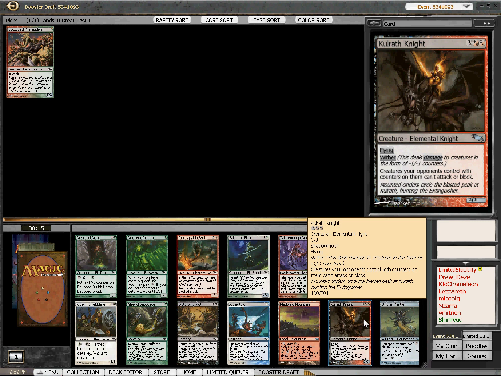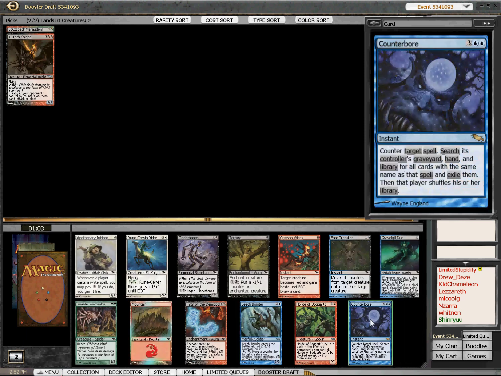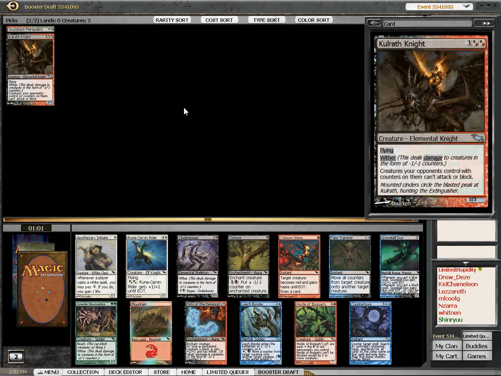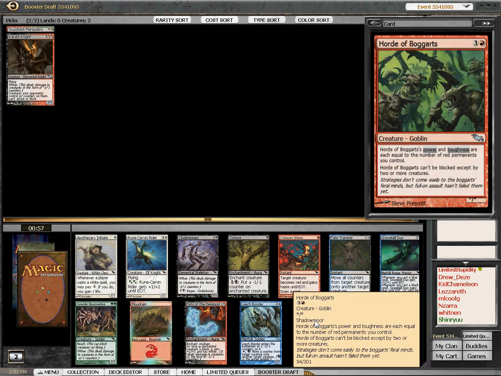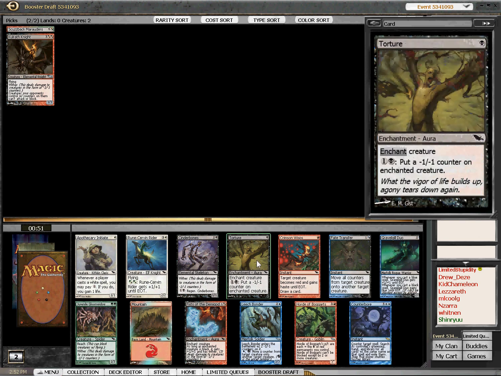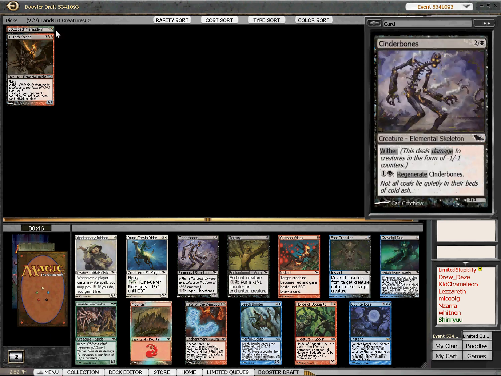3/3 flying wither, and creatures with counters on them can't do anything. That seems really good to me. Alright. I am heavy on the 5-drops, but whatever. What is this? Equal to the number of red permanents you control. So I could just get a ton of reds. We are going to want to curve down significantly. We've got 2 5-drops, but